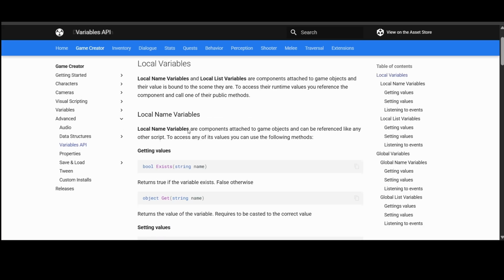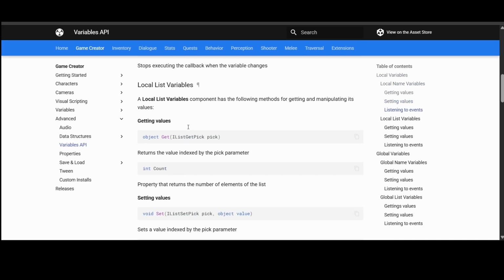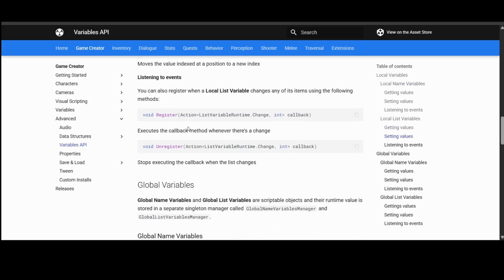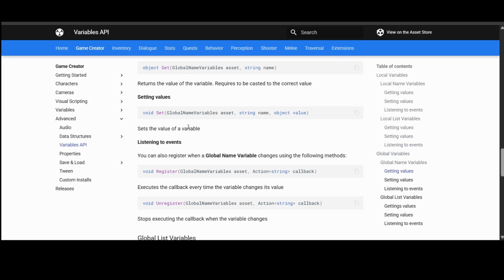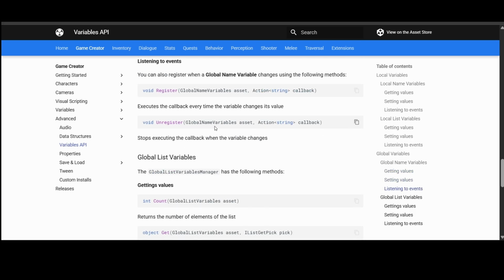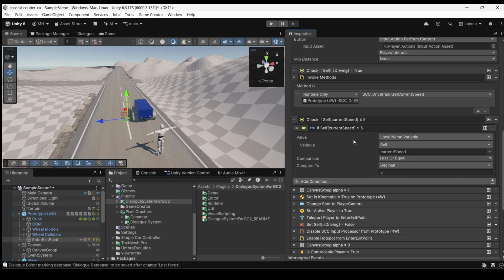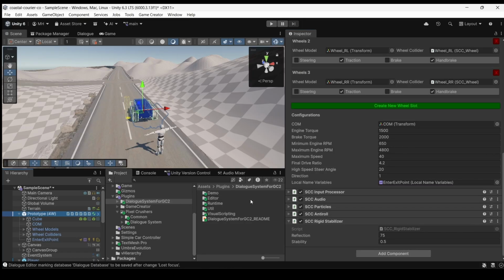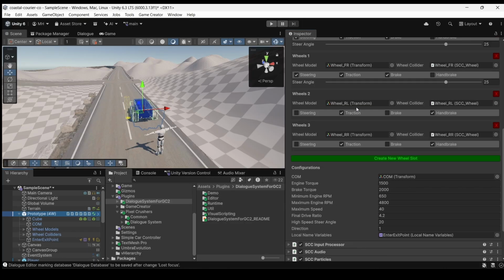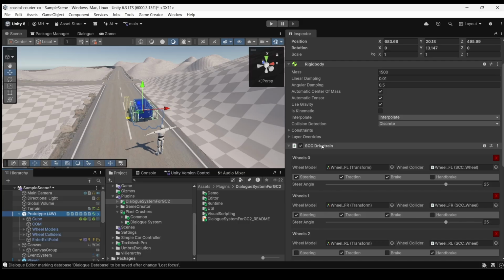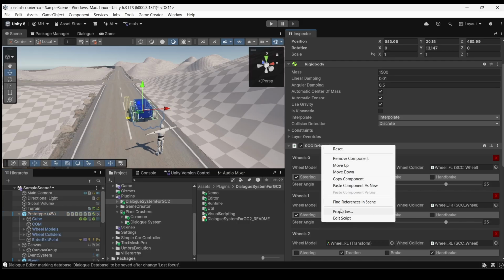And you can use this with local name variables and with global name variables, as well as list variables as well. And you can listen to events so that you're notified when one changes. So this is all done in C# code, in your C# code. So it allows me to modify the drivetrain component here. So if I go into that script and edit the script,